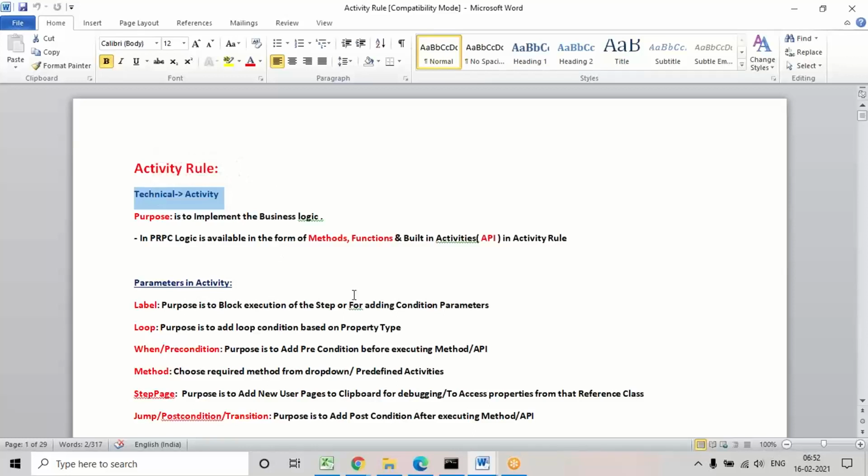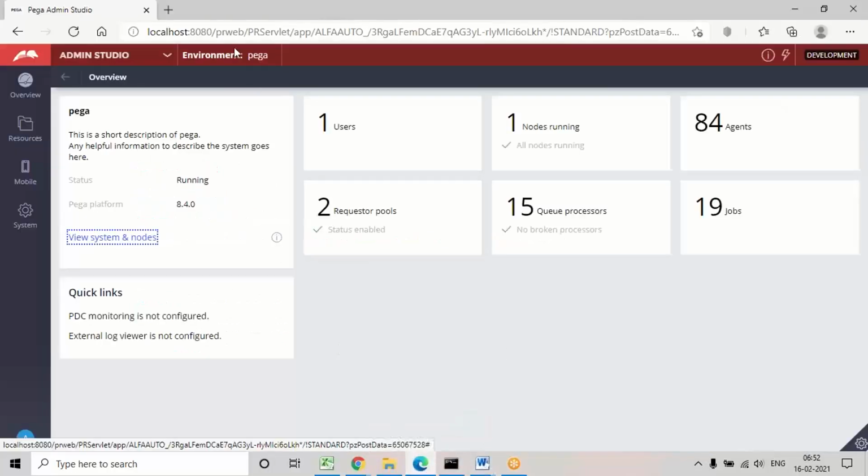First of all, I'll open an activity, and I'll explain the options step by step. To open an activity, we'll open it from the technical category. Business logic means that we add any number of steps, depending on what the logic requires. Sometimes within one method also we can complete a requirement.